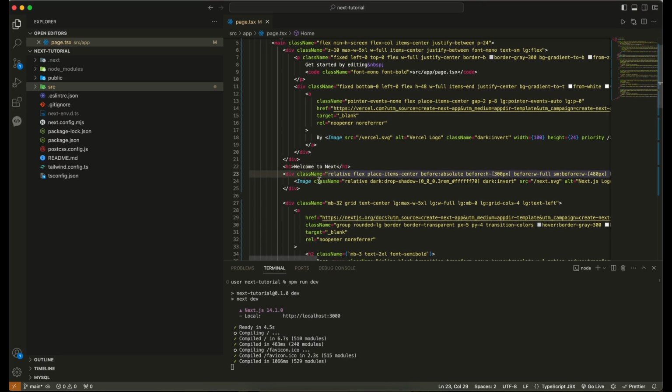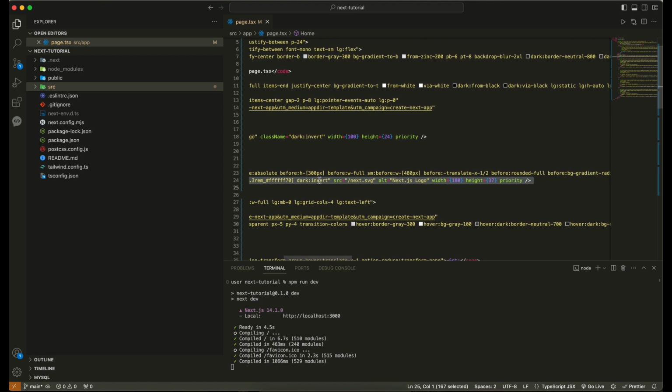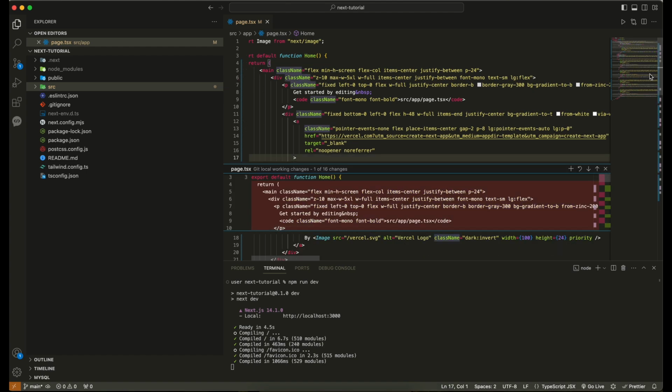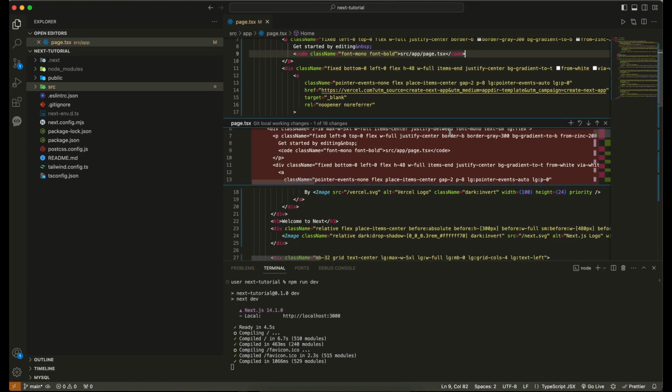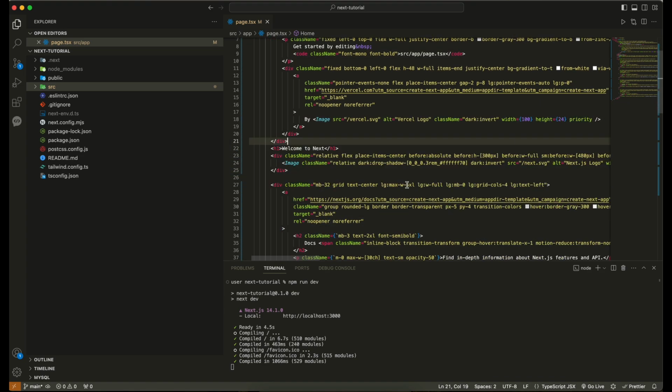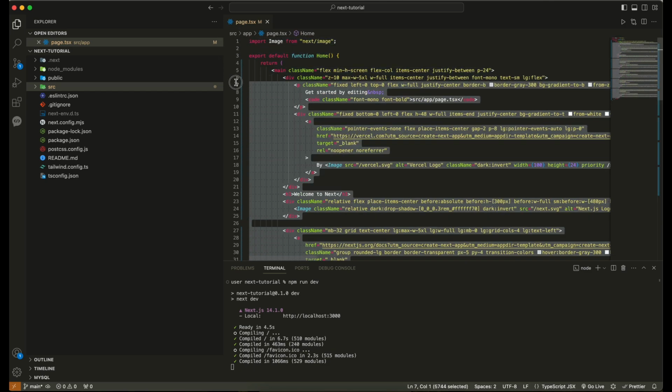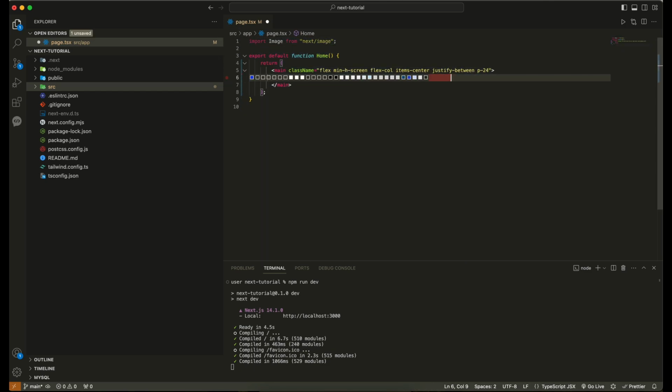And this is the NextJS logo. Okay, so basically once we wipe out this component, so let's actually remove everything. Okay, and you can say here h1, so welcome to NextJS. Right,